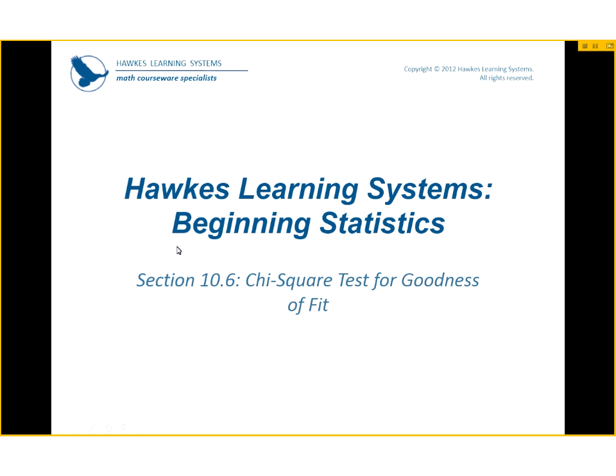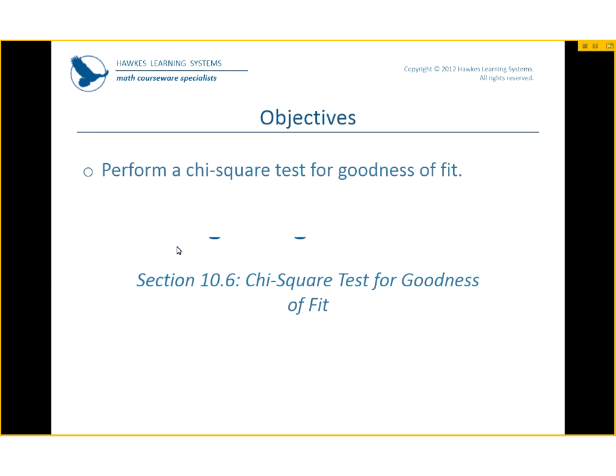So we're talking about categorical data in this video, and I really like that you get to see categorical data, or in other words, qualitative data, because we don't get to really use it a lot in this class. So let's go ahead and look at it, to perform a chi-square test for goodness of fit.